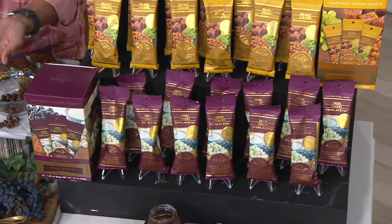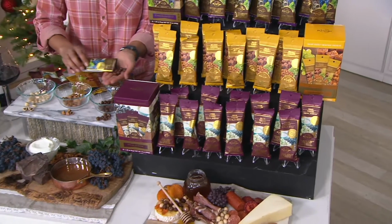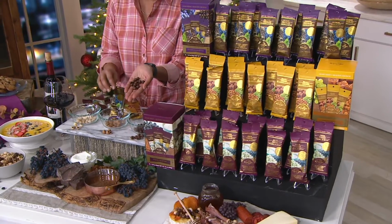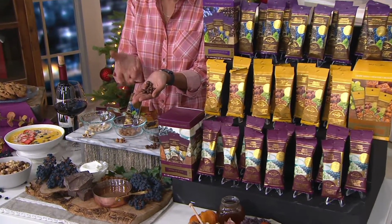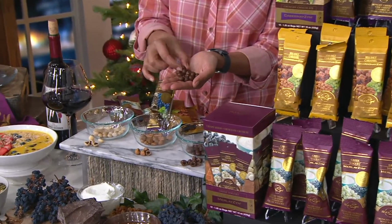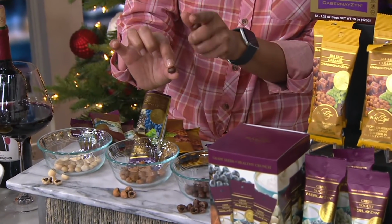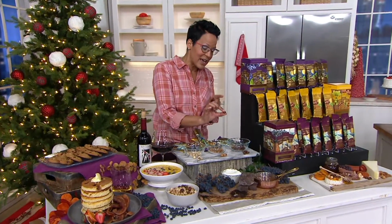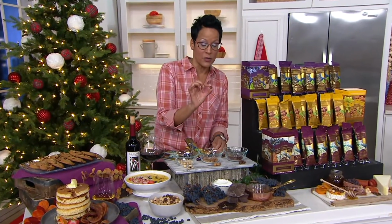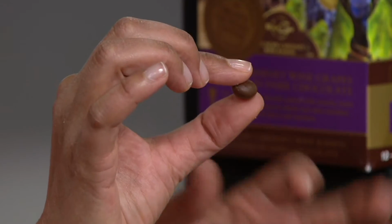The Wine RayZyn, and in my hand, I'm going to pour some in my hand. This is where we started. We started with the Chardonnaisins. And the Chardonnaisins changed the game when it came to snacking and getting antioxidant properties, getting sweet, but also a little bit of a crunch. And also, this is actually a lovely snack that is a superfood dried fruit. It does have antioxidant properties. It is the grape from wines, from high-end, real California wines that has been dried, and there is that little